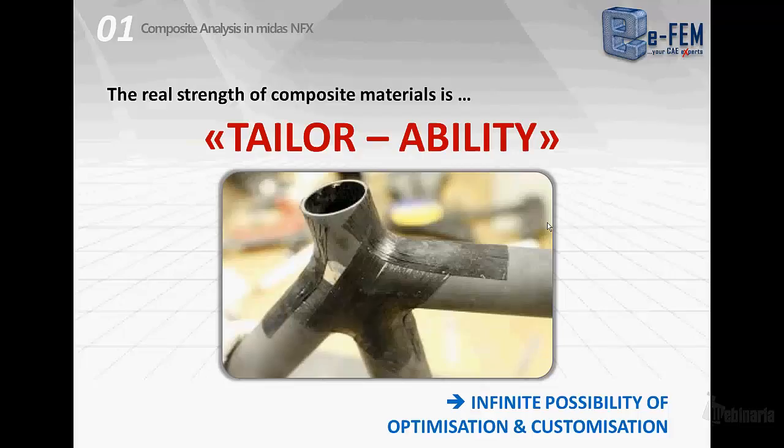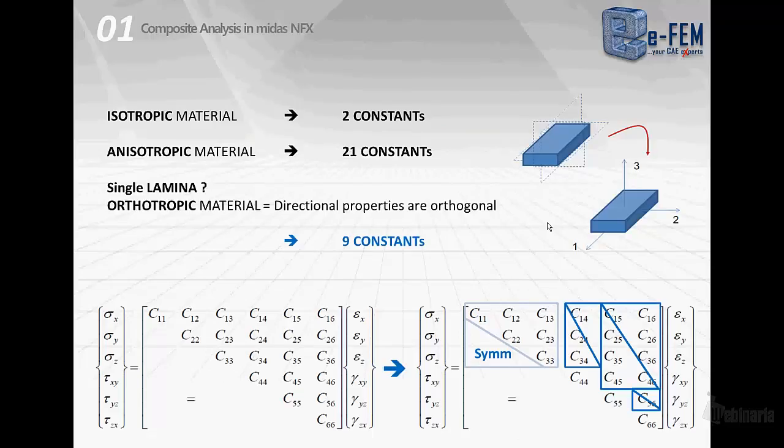We need to know some theory, and we need to have some background about classical lamination theory, so the formulas that are used to design with composite materials. We need to start from the concept that isotropic material have two constants for knowing the behavior of the material. So we need Young modulus and Poisson ratio to know how the material behaves when we apply a stress. So we can correlate with these two constants the stress and strain field of the material. When we have to work with an anisotropic material, we need to use 21 constants to define the elastic properties of the material. So these 21 constants are needed to define the compliance matrix or the stiffness matrix of the